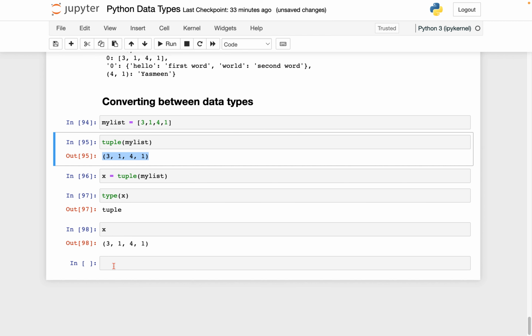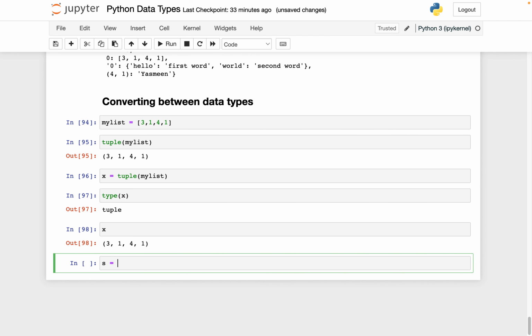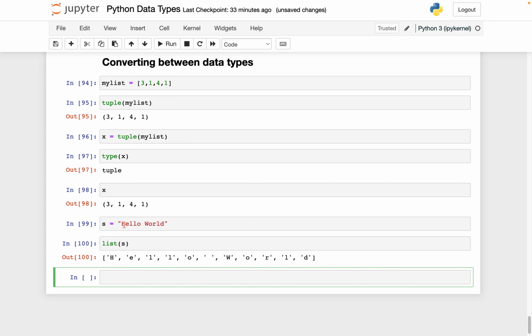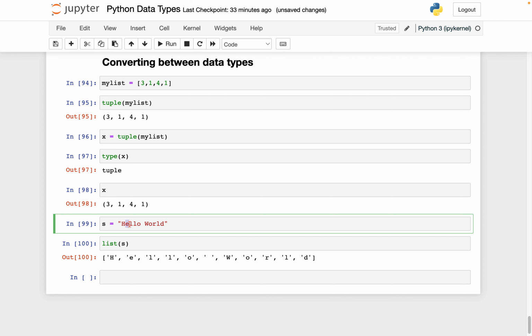Another thing that we can do is, let's say I have my string hello world. Let's say I really want this as a list. I could say, well, list of s. And remember what this does is it goes through and every individual character is its own string of length 1. So I have HELLO, space counts as its own character, and then